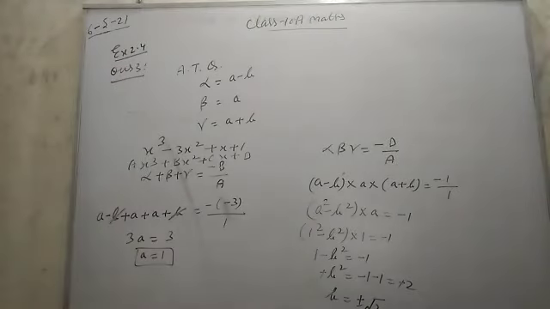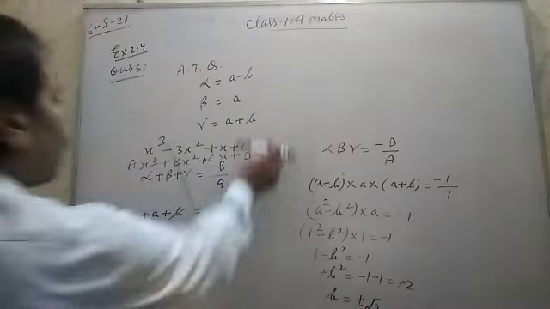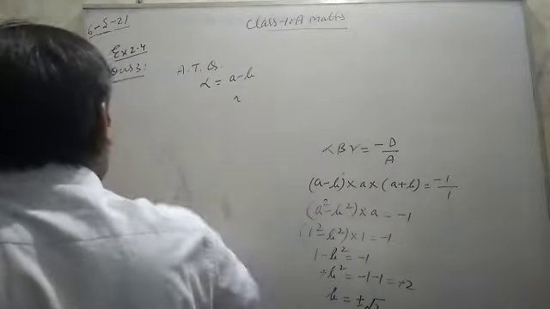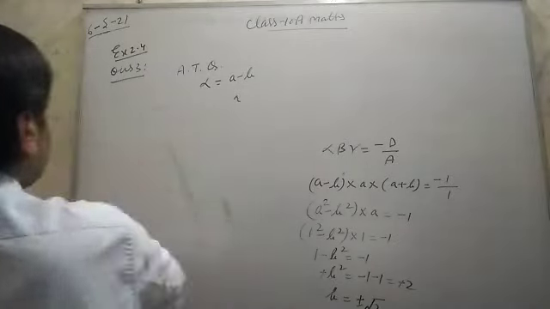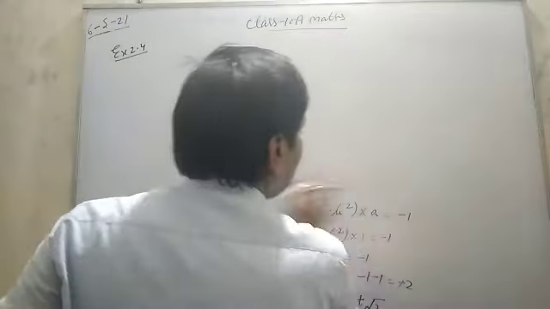So we were asked for the values of a and b. So a is 1 and b is equal to plus minus root 2. This is the answer. Then question number 4. Like question number 4, you have done in the previous exercise: if two zeros are given, then how to find the remaining zeros. So now again you see this question.